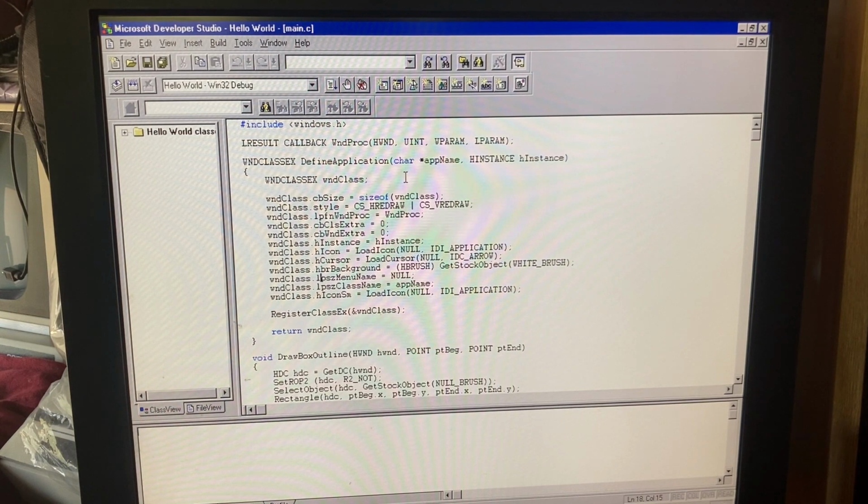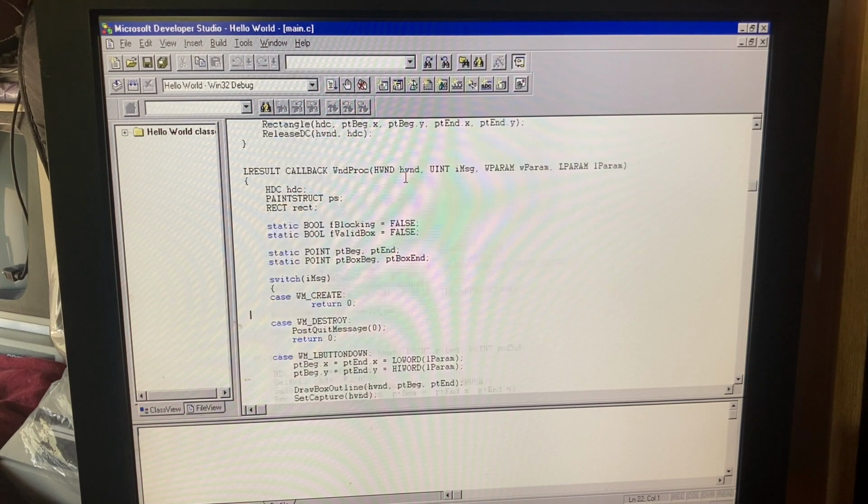If you use a menu, you put the pointer that points to the menu of the application,